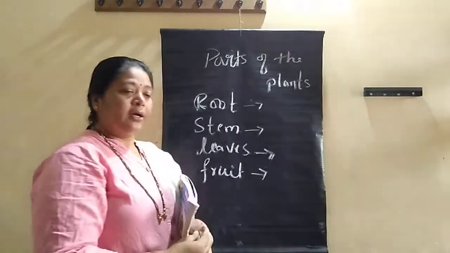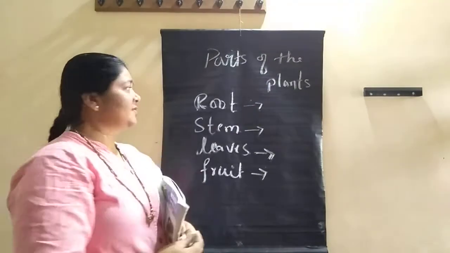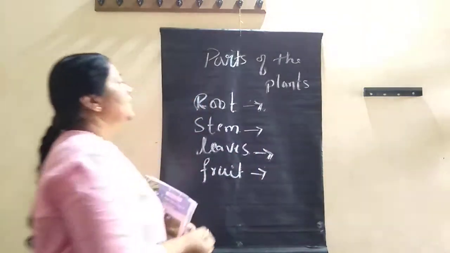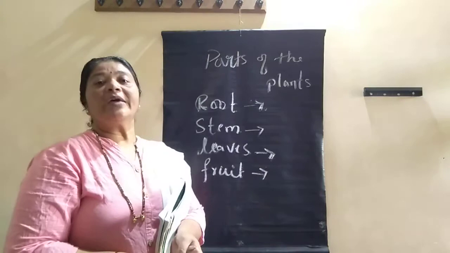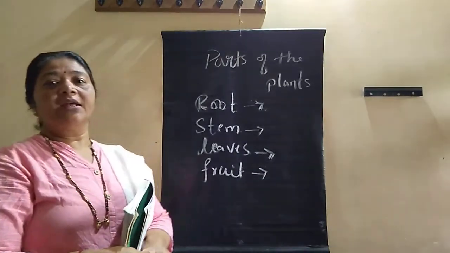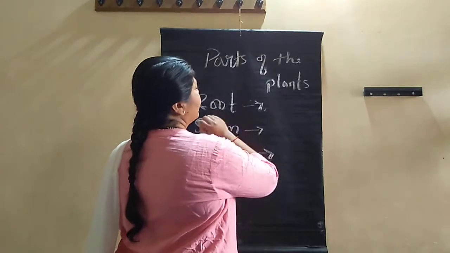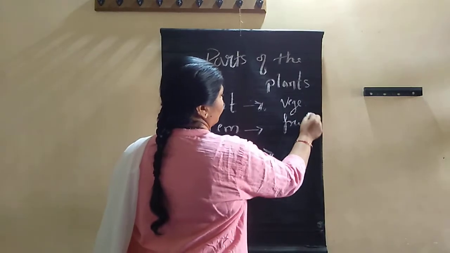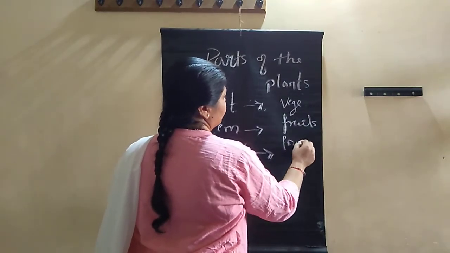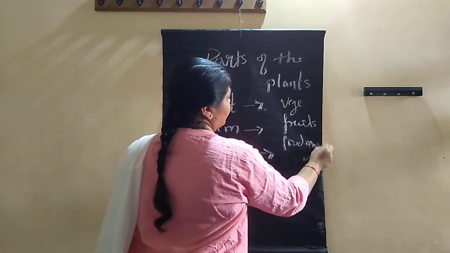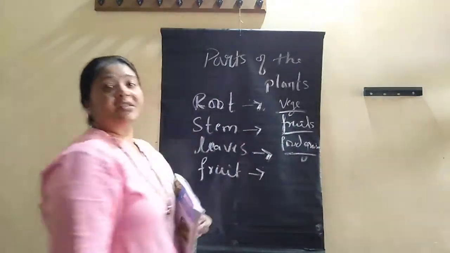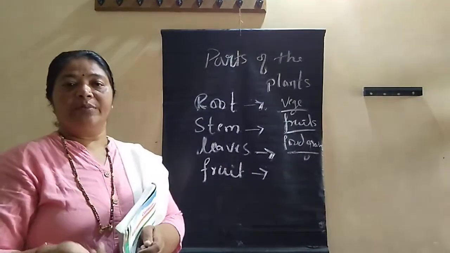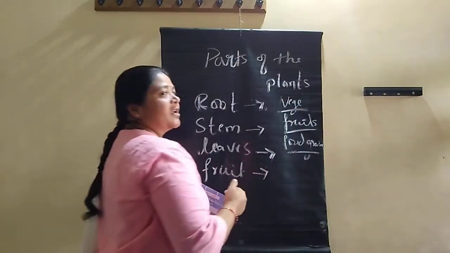You learned all this in the previous classes, but today, where do you get the food in your home? You get food when your mother prepares it. Where does that food come from? Think: in the kitchen you have food items like vegetables, fruits and food grains. Where do you get the vegetables? You have different types of vegetables: brinjal, potato, carrot, beetroot. Where do all these vegetables come from?